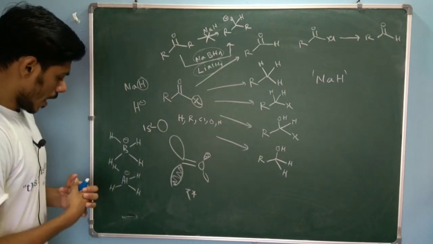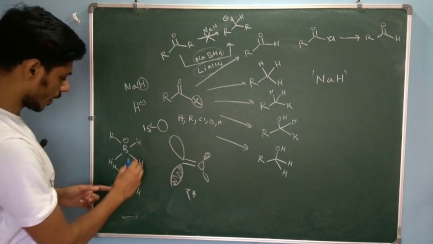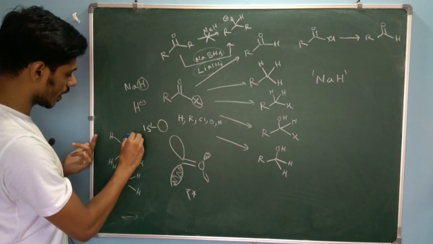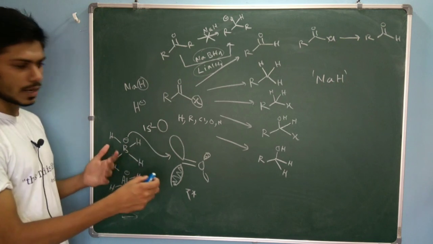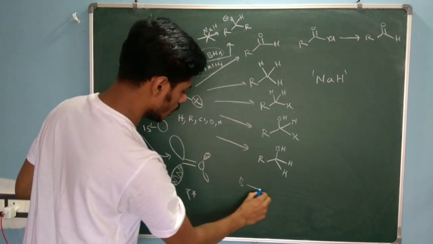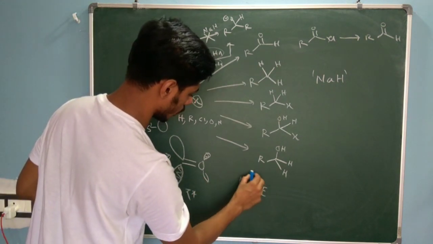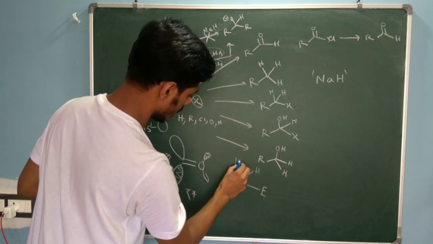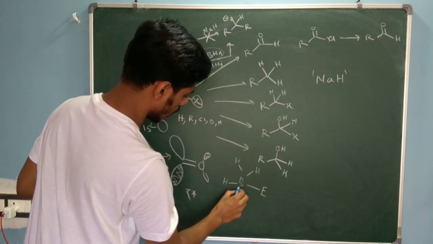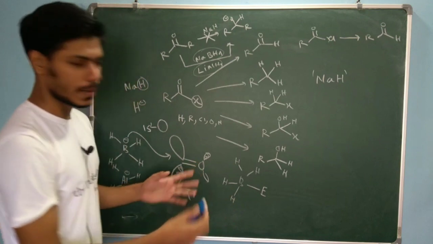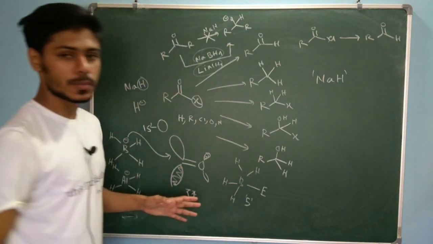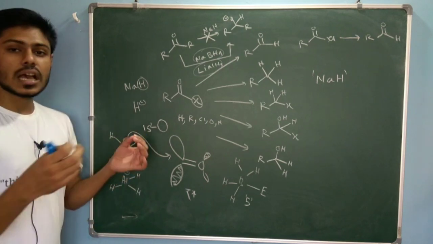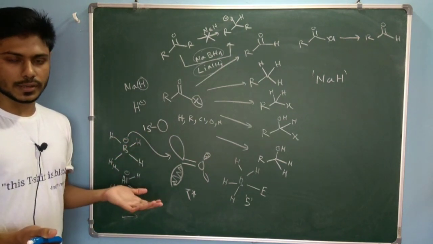It contains a minus charge, and this is the reason why it delivers the hydrogen in the form of hydride, right? Now here you cannot draw the arrow like this from boron to this carbonyl group or any electrophile, because if you do that, you will make an additional bond to boron. For example, if you attack any electrophile from boron, you will make this, where this boron is now 5-coordinated, which is not possible. Why? Because it is a second row element, right?